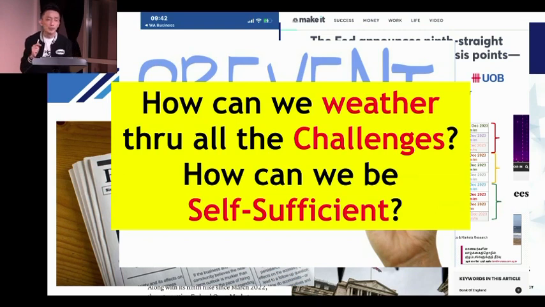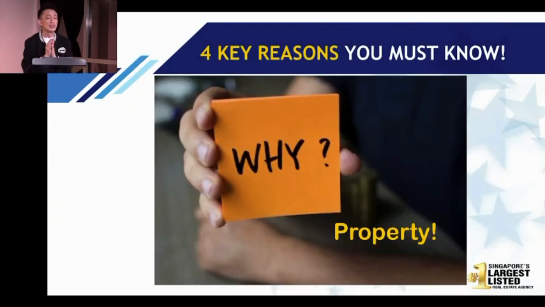That's the reason why I always educate people on how to use real estate to build your future. Only with this can you weather through all the different storms. Whatever crisis comes in, you are always protected. This is very crucial. That's the reason why there are 4 reasons why you must look at property. Of course, you can decide whether yes or no, but I'm going to share with you in detail why a lot of rich people eventually still choose to go into real estate. Why are they not going into other things, but real estate? That is something you must understand.